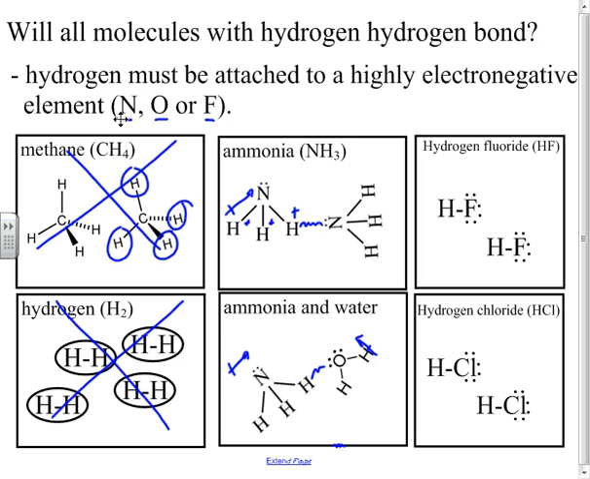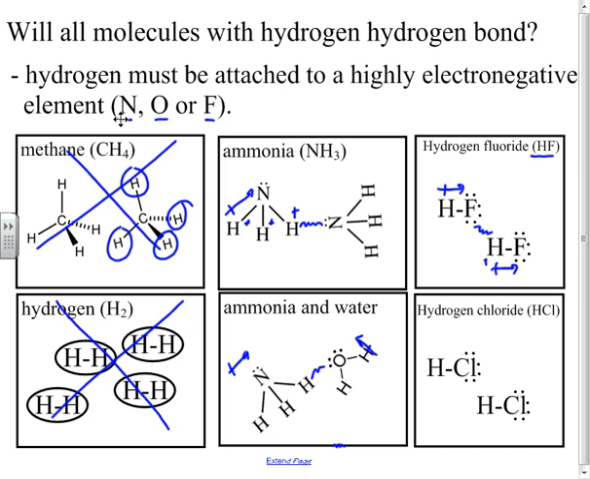In both cases, these hydrogens are positive because they're attached to a more electronegative element, creating that hydrogen bond. Hydrogen fluoride will create hydrogen bonding. Again, the hydrogen is significantly less electronegative than the fluorine, and therefore the electrons shift towards the fluorine, making the hydrogen positive, and then it will bond to an unshared pair of electrons in a different atom, making that a